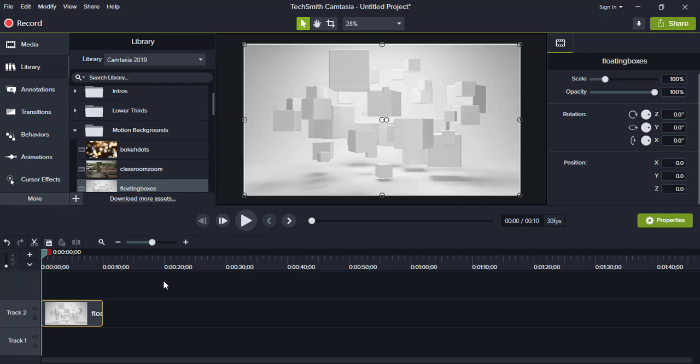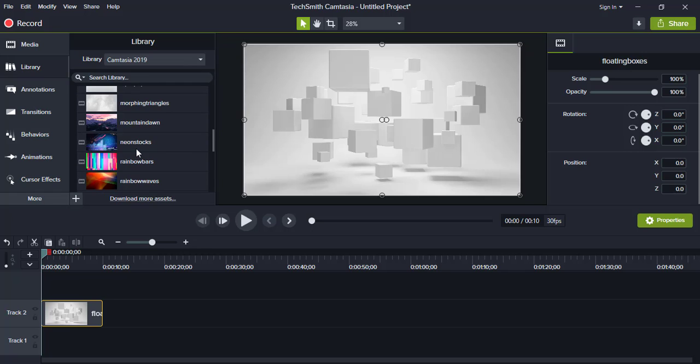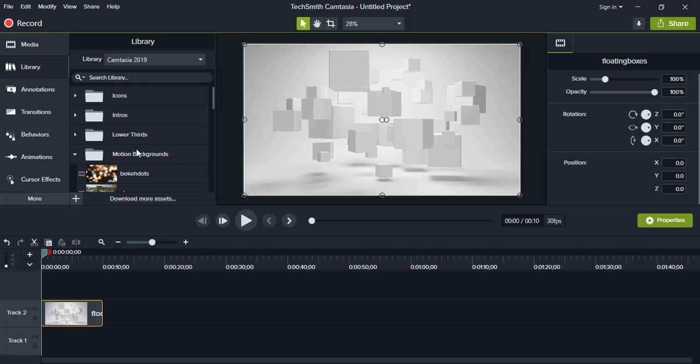There is one important thing I would like to mention here: with all these libraries, except for your music tracks, whatever is visible here like intros, outros and these motion backgrounds, this is all without music tracks in it. So by default there is no music in it. If you want to add music in your intro you have to add it separately. We will see how. So first we will see how we add titles or text here.